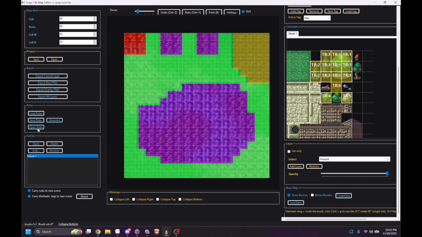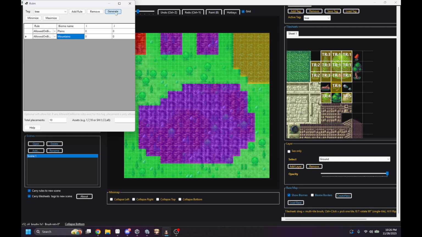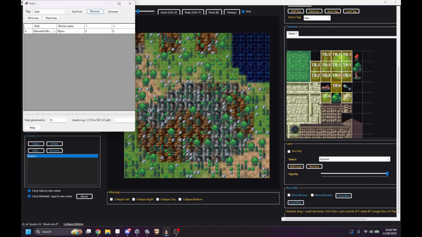And there's going to be a lot of other different rules here too, like allowed on biome. So if I make two things allowed on biomes like plains and mountains, they're never going to be in the oceans. They're never going to be in the CCA either. But they're going to definitely be over in the mountains and the plains only. Okay. The next rule in here, let me X out of all these by pressing Control Z,